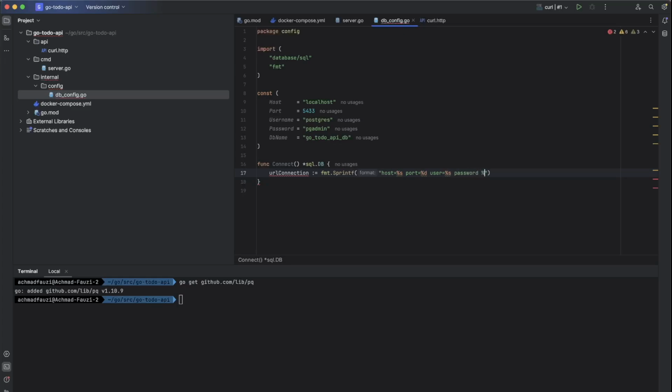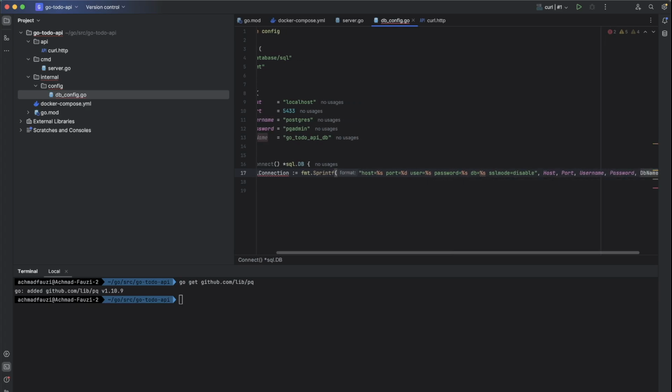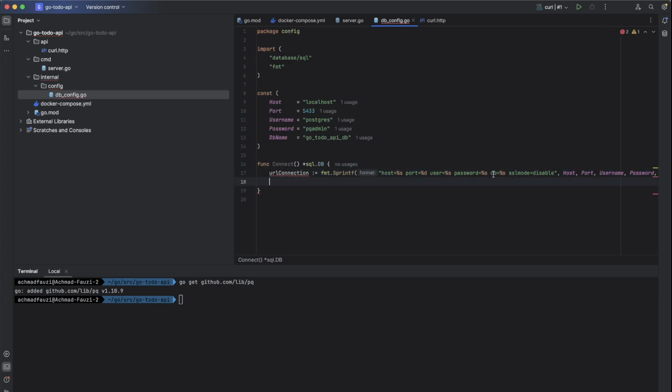Password equals to string, and the db equals to string, and the last one is SSL mode disabled. Then just pass the variables host, port, username, password, db name. I think the db should be db name.